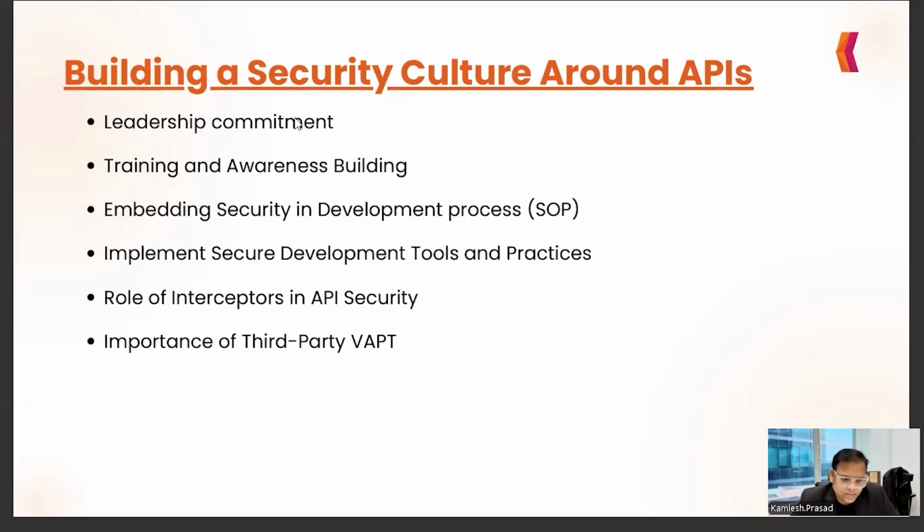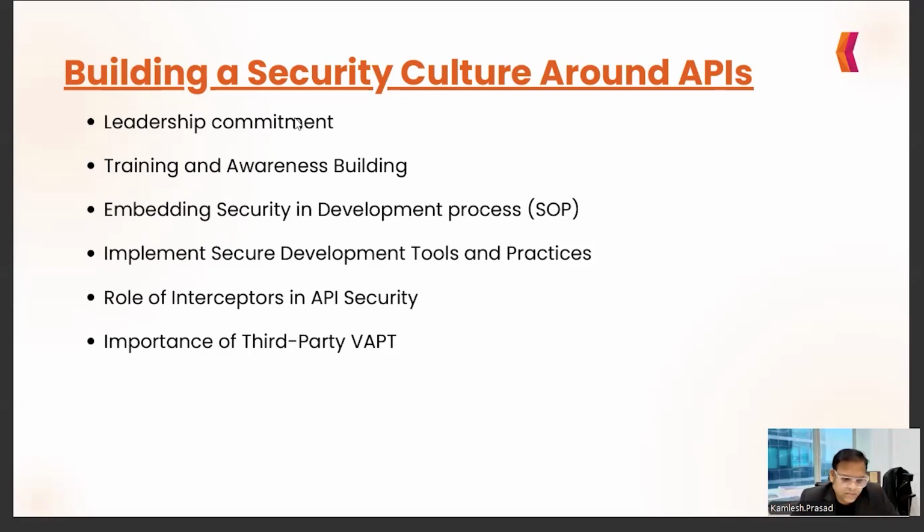We should train the developers regularly on all these security principles, and there should be a checklist and other things which are followed in the company. There should be an SOP, a standard operating procedure, for how the APIs and all other applications are developed. All these are part of the organization culture.